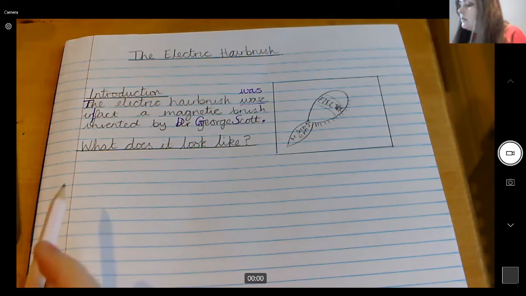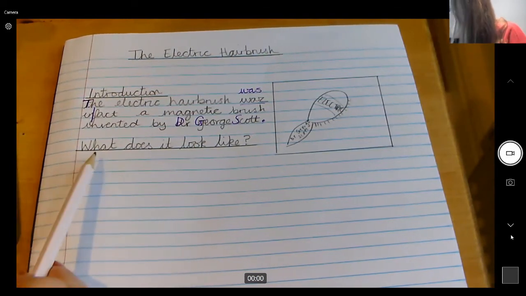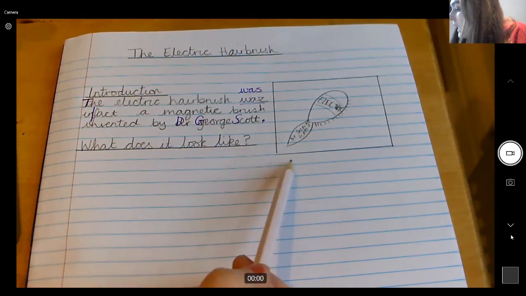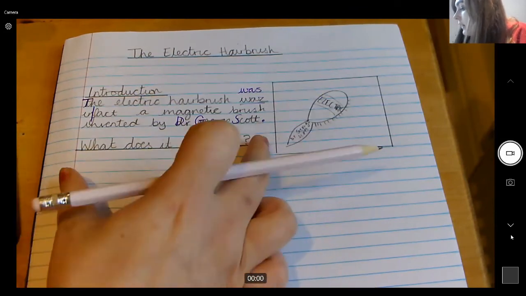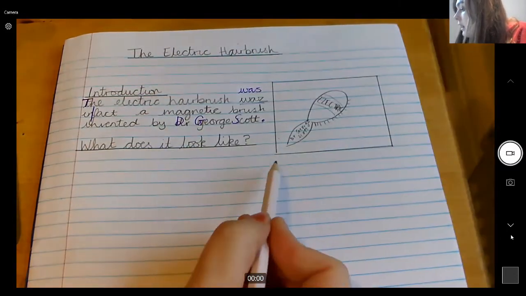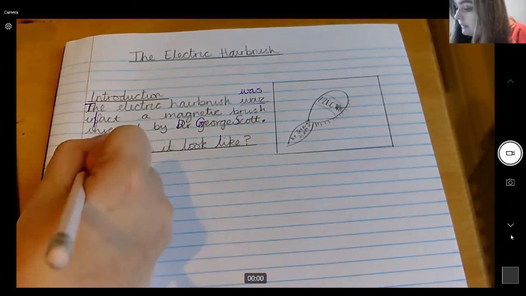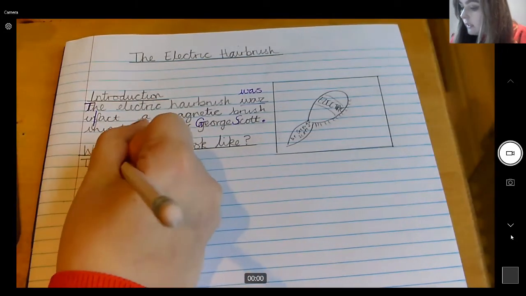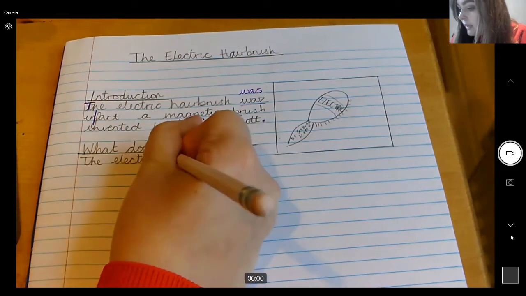So now what we need to do is begin writing our paragraph about what does it look like. When I get down to here, I'm going to carry on writing underneath. Okay, so I'm not just going to write my sentences down this bit here, I'm also going to write them all the way across after my picture. So what does it look like? I remembered my capital T this time for the start of my new sentence. The electric hairbrush